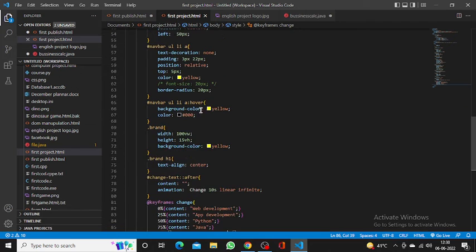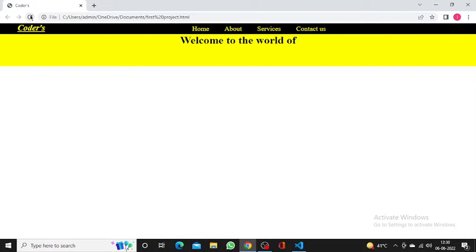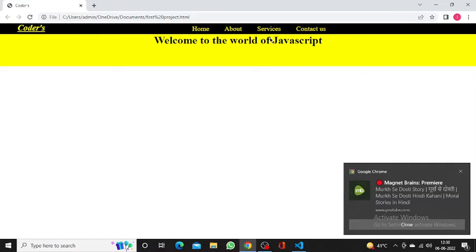Text. What happened? Change. Oh, here I write small c. So now I save and refresh it. Now this website is working properly, but I want the animation on this